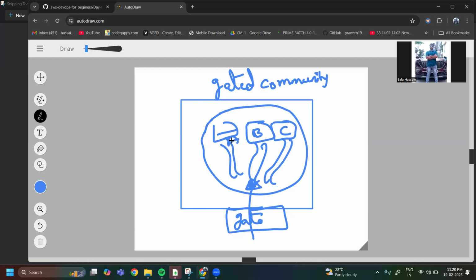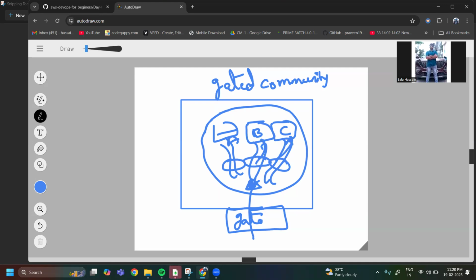If you want to reach house A, this is the route. If you want to reach house B, this is the route. Someone is sitting here who will tell you, if you want to reach house C, you need to go on this path. This way you can go and you will reach your destination.